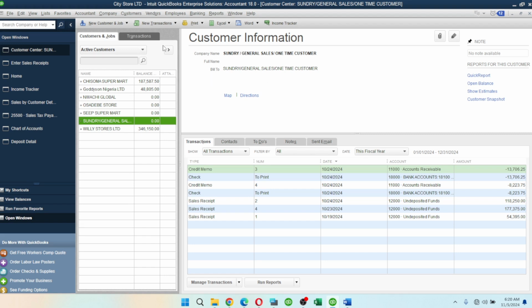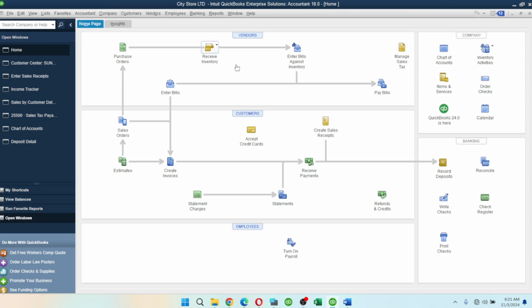So basically, every sales transaction or cash sales transaction enters this kind of account. That is one thing you should be aware of. Now, when it's a credit transaction,